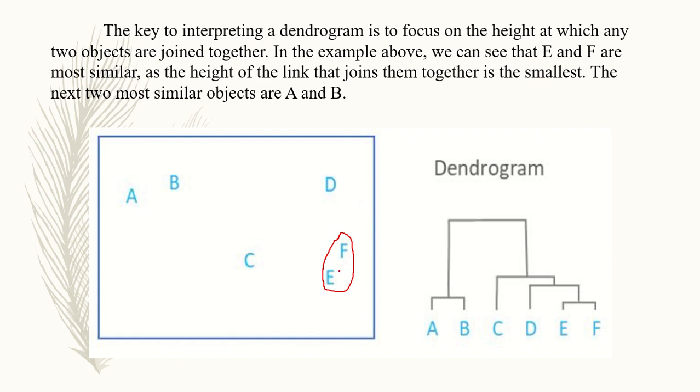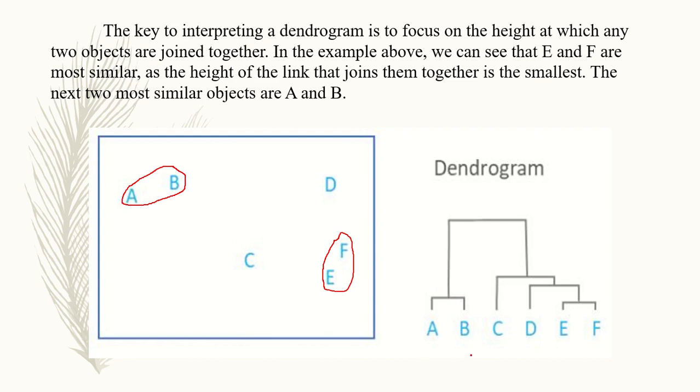And then at this stage, how many clusters? a, b, c, d and ef. So we have 5 clusters. Next we have to look for the smallest distance among these observations. The next similarity is a and b, so these will form one cluster. AB will form one cluster, as you can see here.